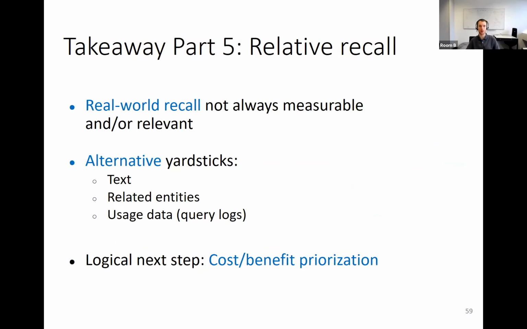And to wrap up part 5, relative recall: real-world recall is not always measurable and/or relevant. So alternative yardsticks to measure knowledge base coverage are text, so how much from text is covered in the KB, related entities, so how much is covered on one entity compared with others, and how well does the knowledge base support queries